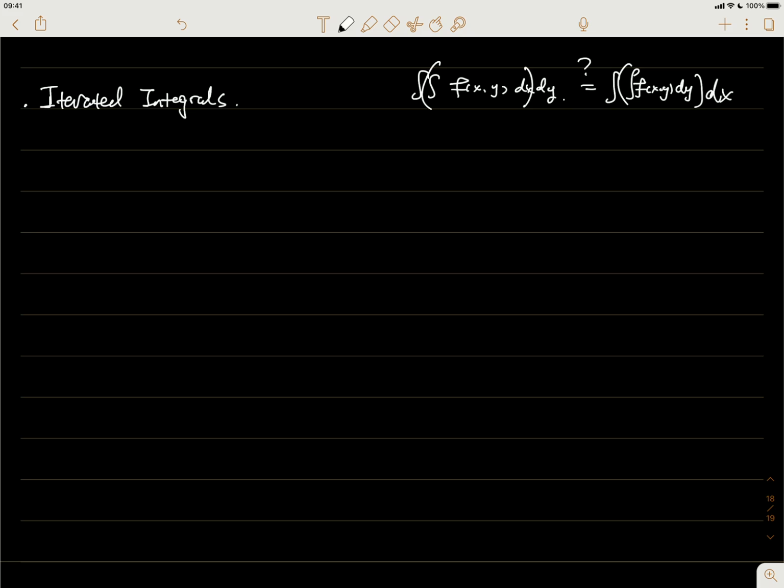The iterated integral is also true. It doesn't matter which one you take the integral of first, and this is called the Fubini Theorem, and we're going to show that later. I'm going to go towards that. Before that, we have several things to set up. First of all, I'm going to define a set of functions.